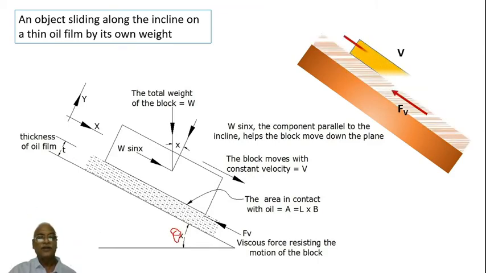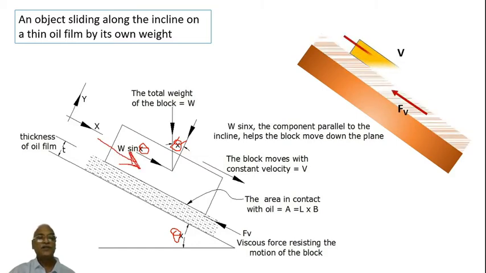So here I can write it as theta, so this will also be theta. So this will be W sine theta. That is, W is this, theta, so this will be W cos theta, which will be trying to push the object towards the surface, whereas this component W sine theta will be trying to push it down the plane, and